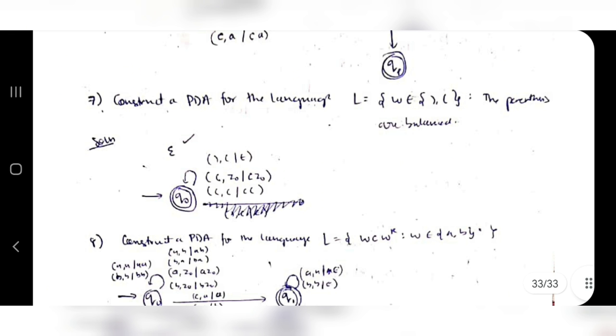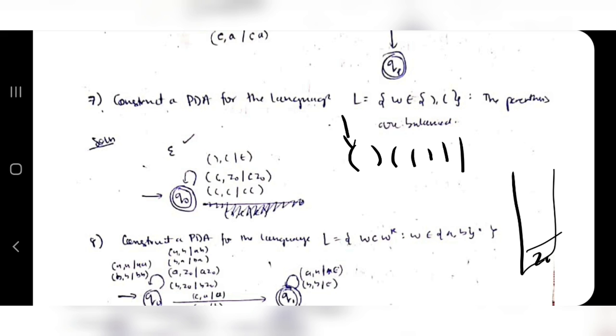Okay, next one is the PDA for the balanced parenthesis. So this is simple. Suppose that this is the parenthesis, is this balanced or not? This is balanced. Why? Because this will be pushed into the stack first. Z0 is here, this will be pushed. Whenever I encounter the opposite parenthesis, I will be cancelling it. This opening braces I will be putting here, then opening braces, closing braces, cancel this one, closing braces, cancel this one. So this is a valid parenthesis because the stack is empty at the end of the string.